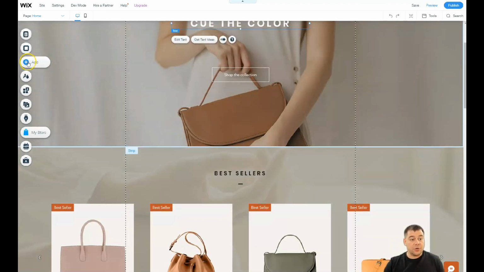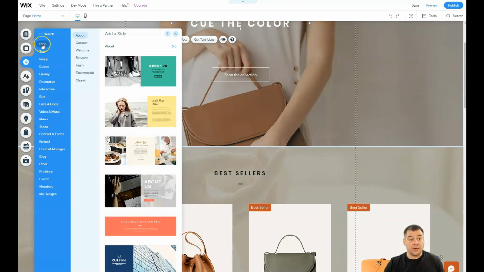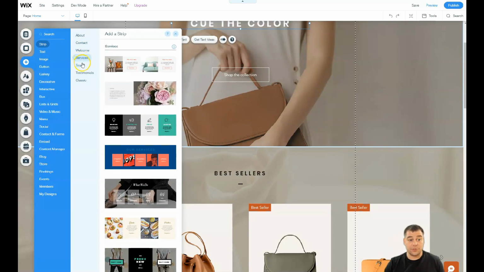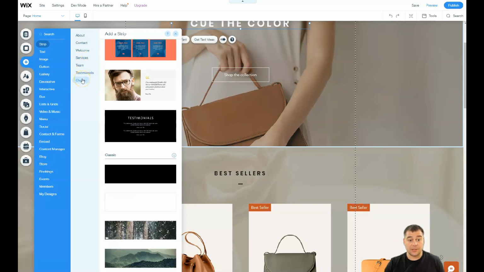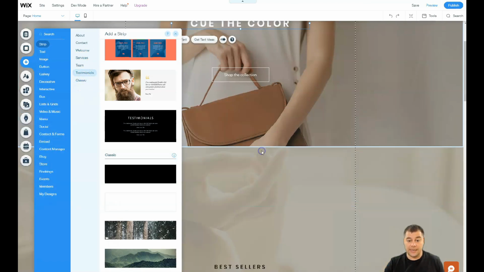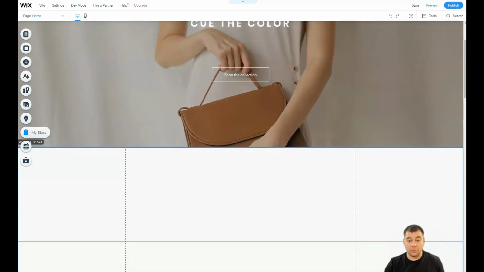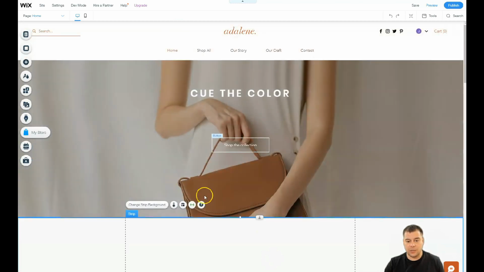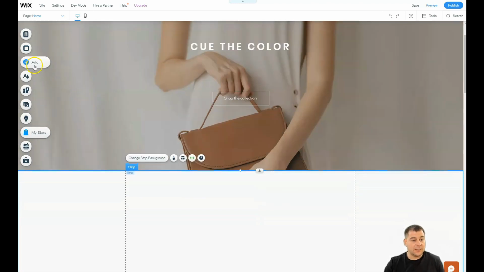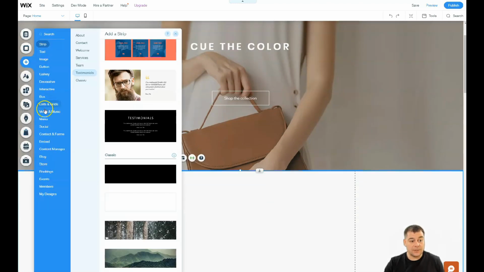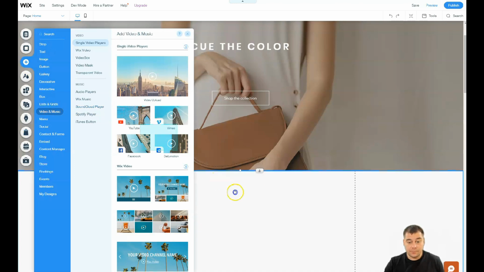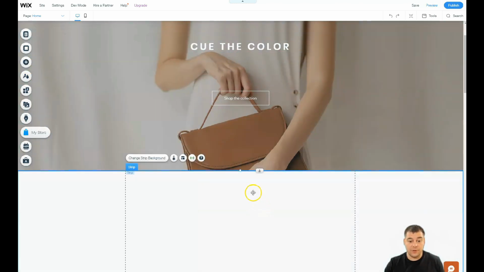Let's go to the add button, and as I told you about the strips: about, contact, welcome, services, team, testimonials, and classic. It's already pre-built. If you didn't find what you need, you can use the blank one, and you can stretch it to the shape that you want. For example, in this case, we have some craft stuff, and we're gonna add some video about that. Grabbing just this YouTube video here,